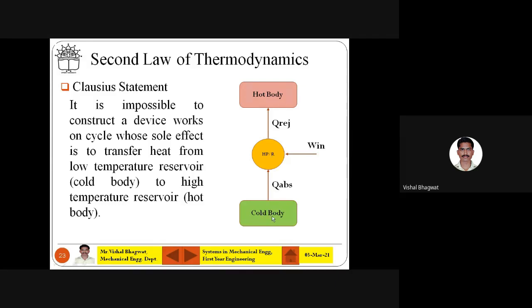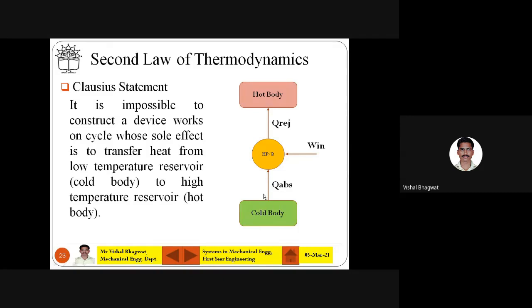It is possible to extract, because you are getting some input, electricity, the work in. Only then is it possible to extract some amount of heat from the cold body and reject it to the hot body. In a heat pump, heating the hot body is important, and in a refrigerator, cooling the cold body is important. You are cooling the space inside the refrigerator.